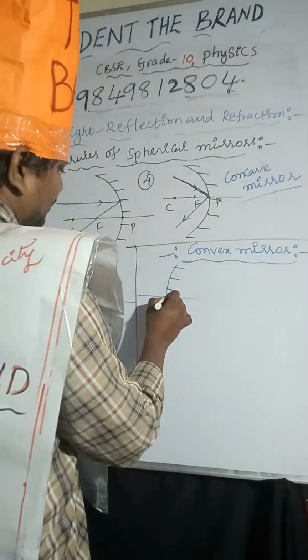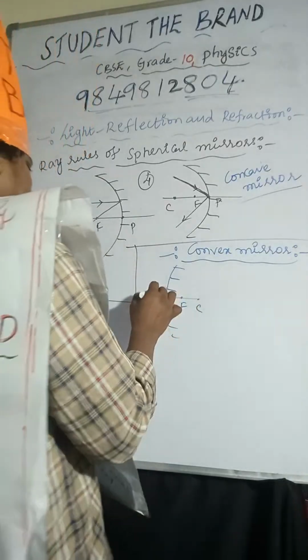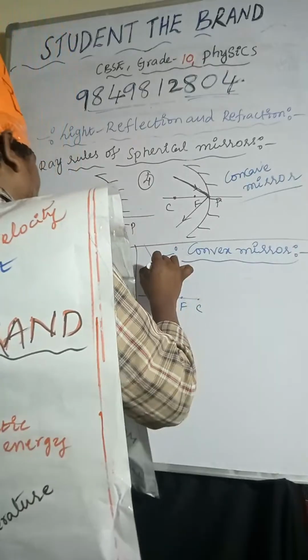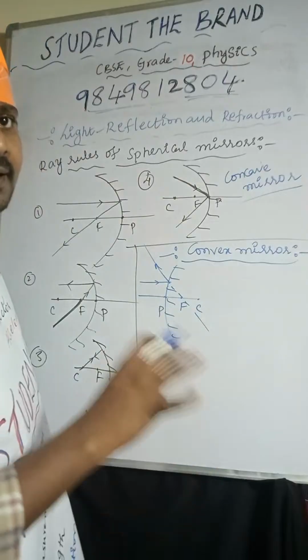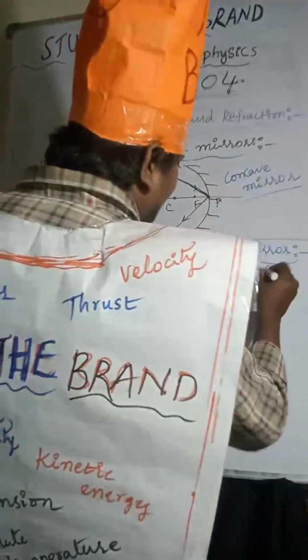So pole, focus, center of curvature. Light ray is coming from infinity, and after reflection, actually it is a diverging mirror. So whenever a light ray is incident, it diverges. And coming to the second one,